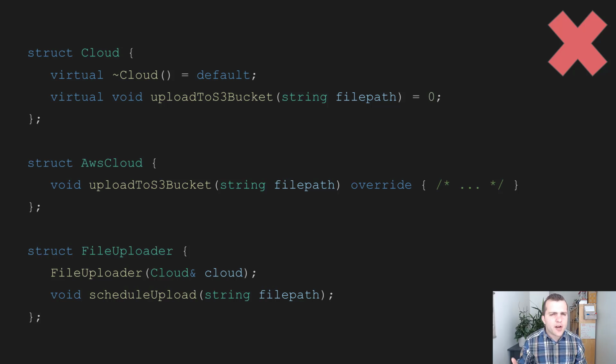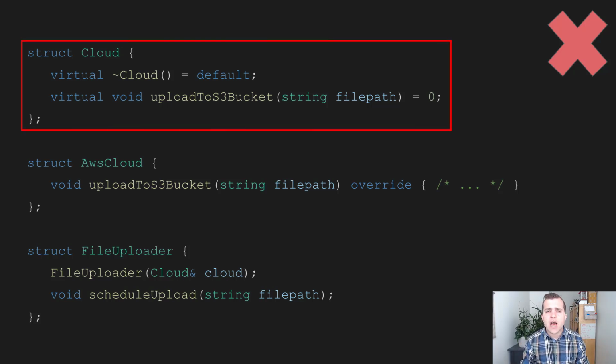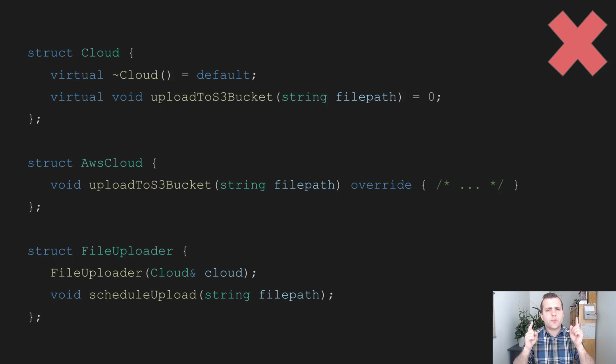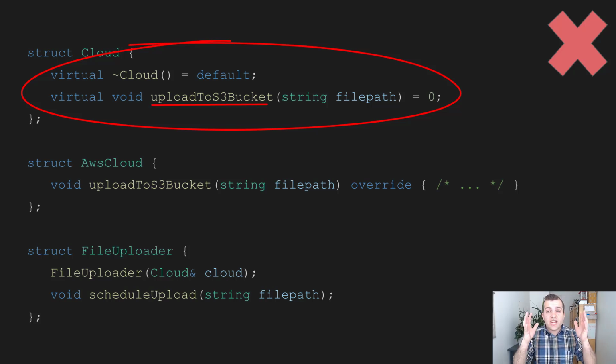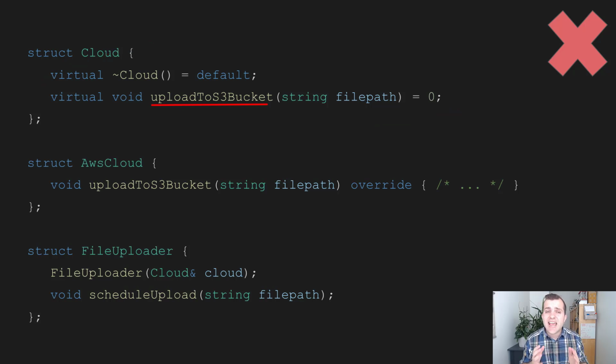Let's assume that we have refactored things and created the cloud interface. The cloud interface now exposes the upload to S3 bucket function, which does the uploading, and file uploader now depends on it. This is still problematic. We have an abstraction, the cloud interface, that depends on a detail, specifically the fact that an S3 bucket is being used. This means that if we were to start using another cloud provider, we would have to either add yet another function named after the other provider,